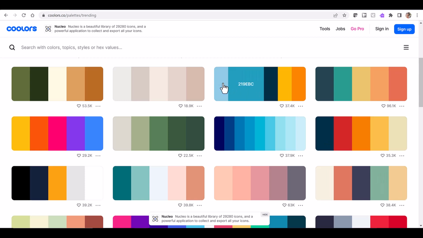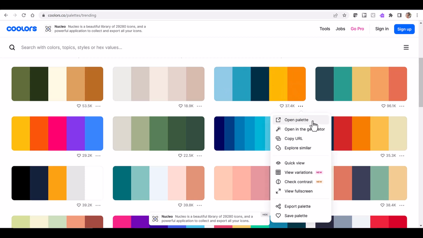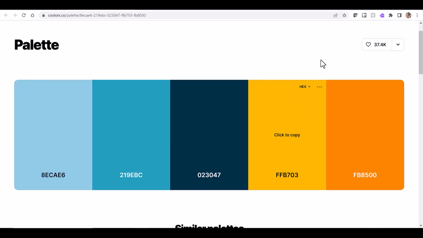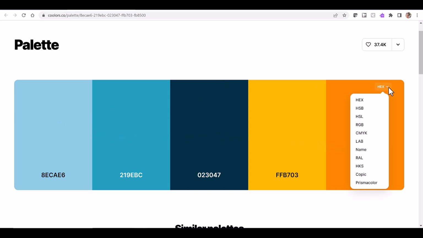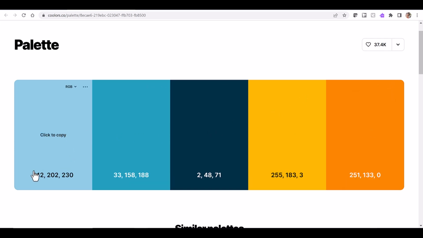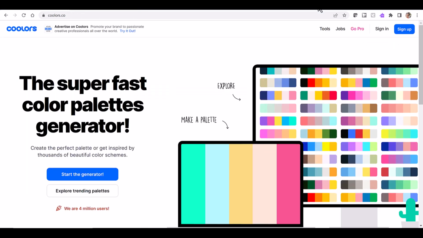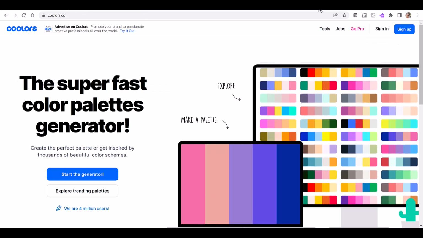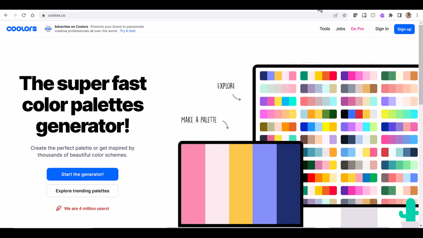and you can hover over these and get color codes. You can also click this little 3-dot menu and open the color palette. It'll open into a new browser window. And you can click to copy the codes. You can switch them from hex codes to RGB or CMYK, whatever codes you need to include in the tool that you're using. So these are the numbers that you would enter into PowerPoint to change the color of something. This is a really nice option if you're just not great at picking out coordinating colors like I am.